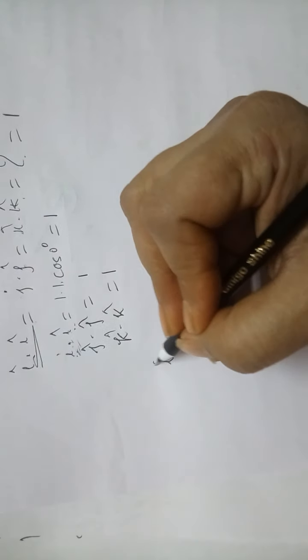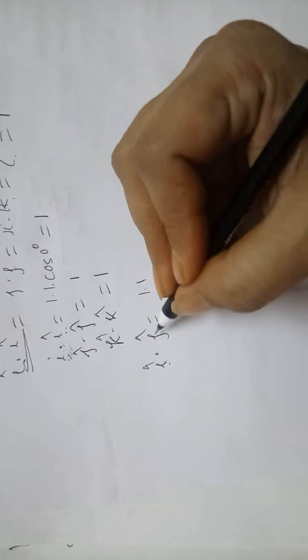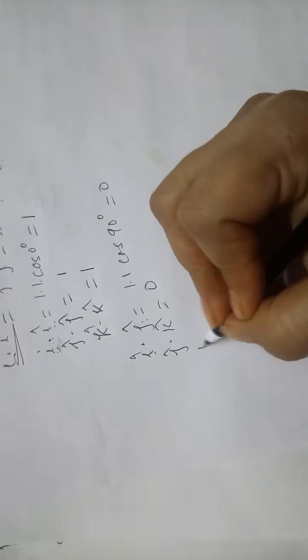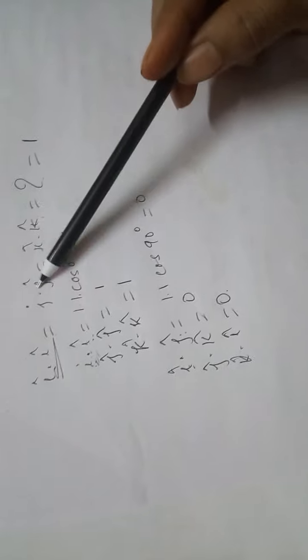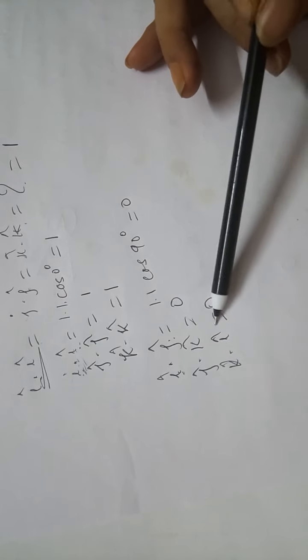Now if I write i caret dot j caret, the magnitude is 1 into 1, and the angle between the two gives cos 90 degree, which is 0. So j caret dot k caret is 0, and k caret dot i caret is 0. This is a very important property of the scalar product, because based on this we are going to do more and more numerical problems, and this has to be taken care of. That is, i dot i, j dot j, k dot k is 1, and i dot j, j dot k, k dot i is equal to 0.